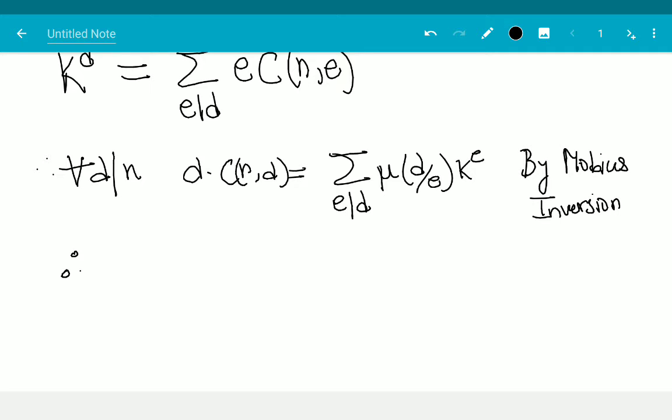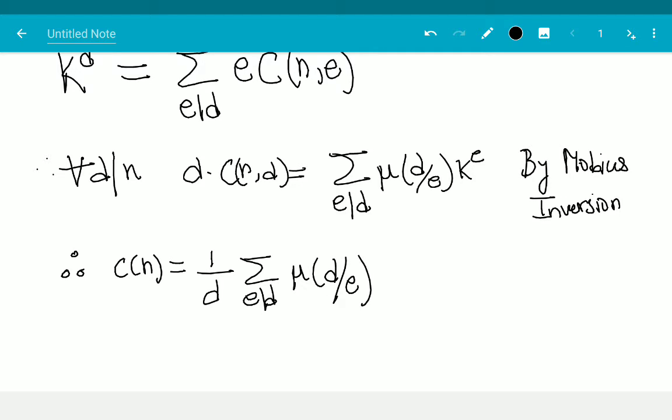Well, therefore, C of n is equal to 1 over D summation E divides D mu of D over E, k to the E, right? I'm dividing both sides by D here. And I know that this should be C and D,